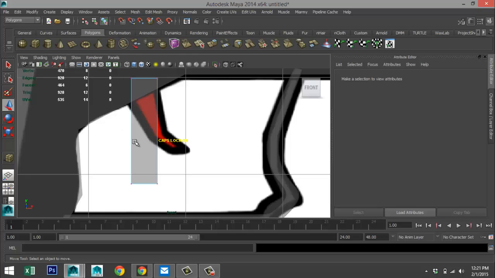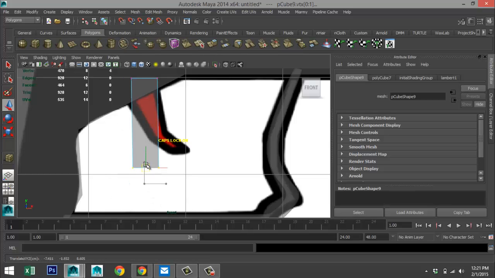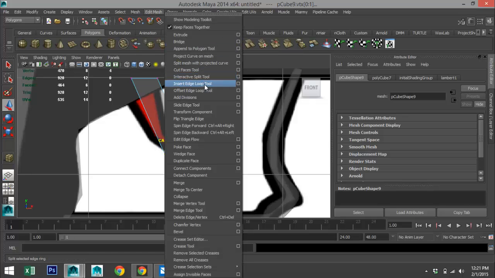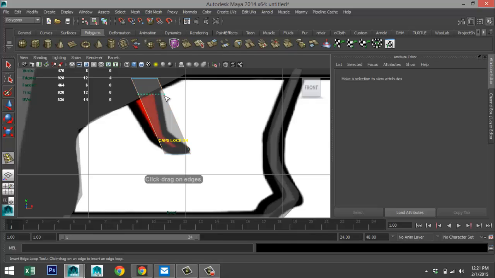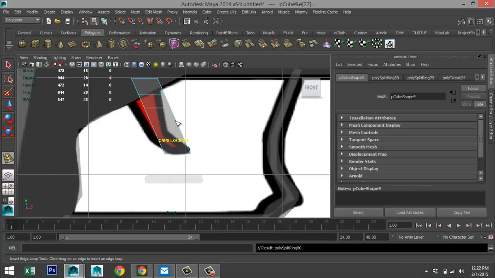Right click vertex, drag select those, move them over here, Edit Mesh, Insert Edge Loop Tool, about 4, hit Q on your keyboard, right click vertex. Let's start to move them.